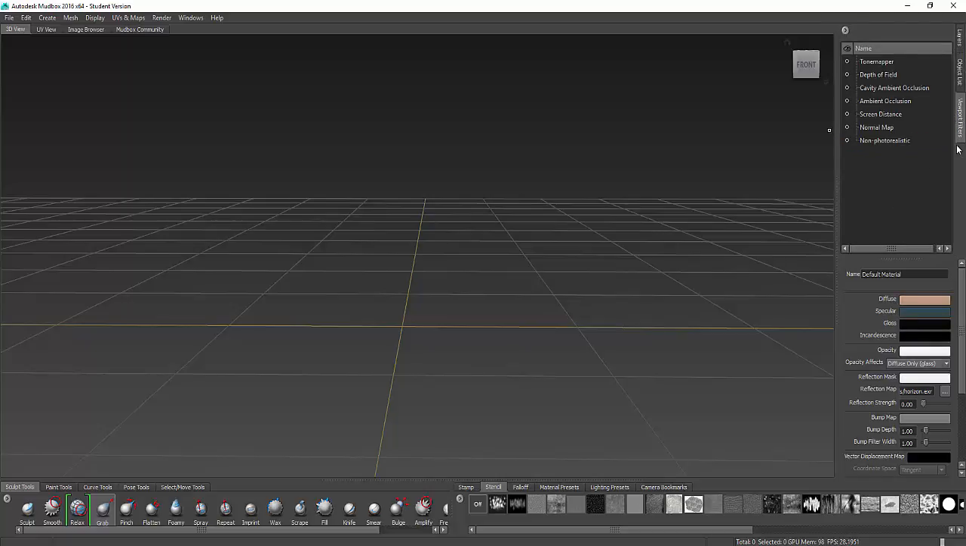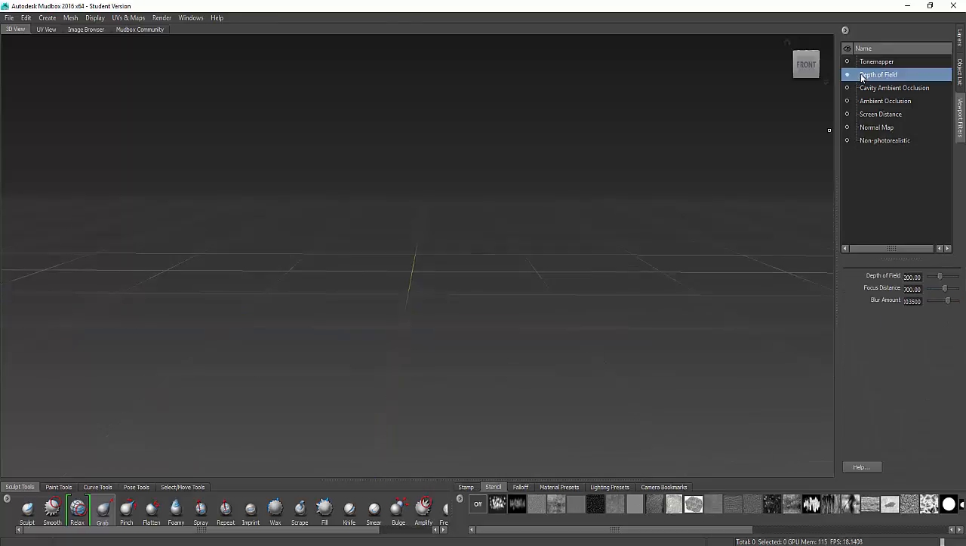And over here you have your viewport filters. Your viewport filters are for rendering. If you wanted to do something like depth of field, you could click on depth of field. You can see your viewport will automatically apply that depth of field. You can adjust the parameters of the depth of field, the distance from the camera, which is the focal distance, the amount of blur that's taking place in that depth of field, and all of that will change right in